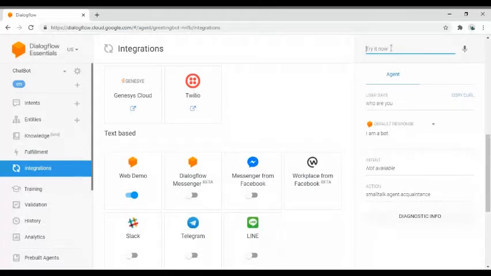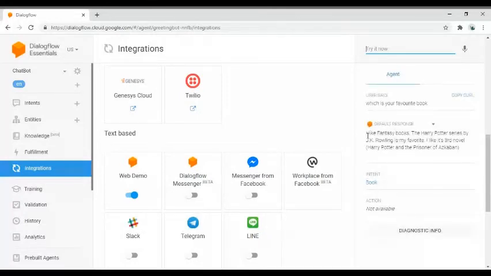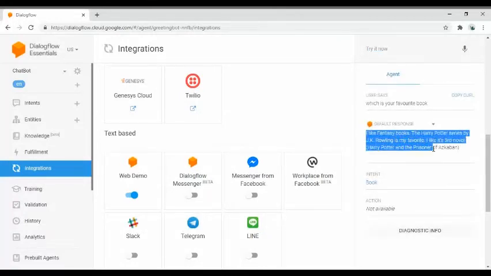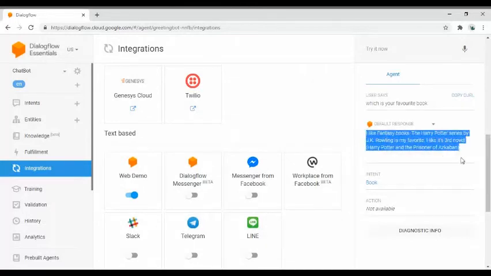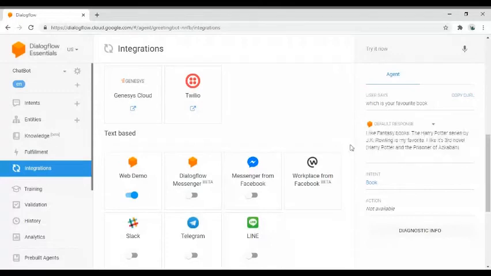And if I click which is your favorite book, it will give this response. I've just edited the responses and made them better and crisp kind of. So it will show different kinds of responses.